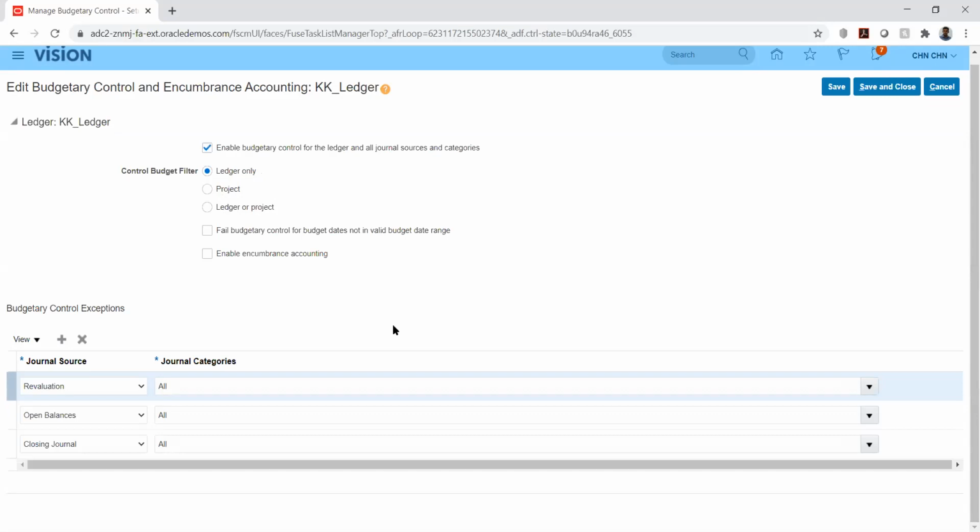No, this is the next step. As part of the next step, we will see how to enable it also for the subledger module. This is just enabling for a ledger, so that this ledger can use budgetary controls. And what is this project here? You're speaking about the projects module? Yeah, project module. Okay.